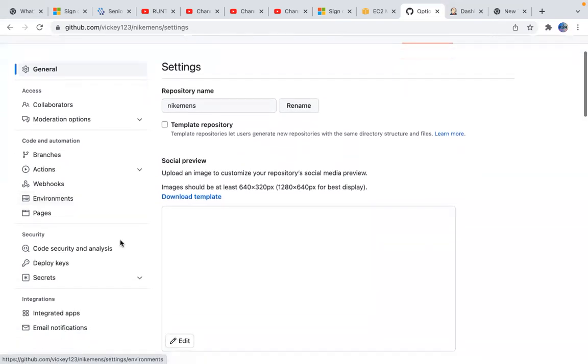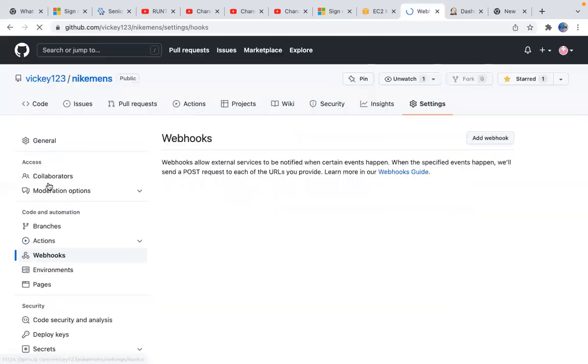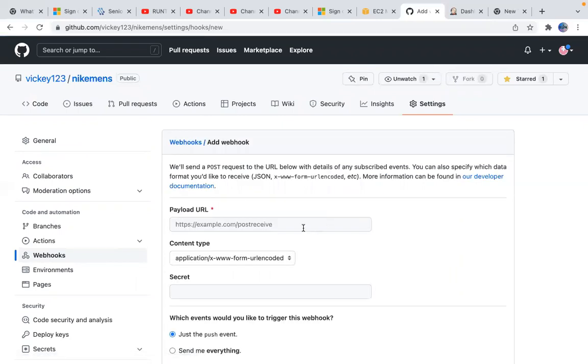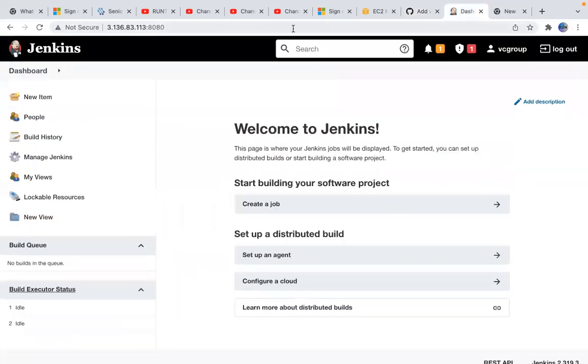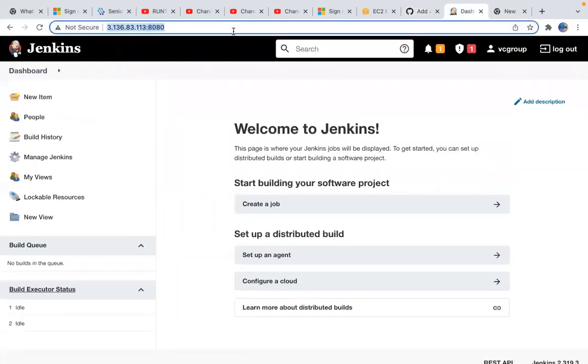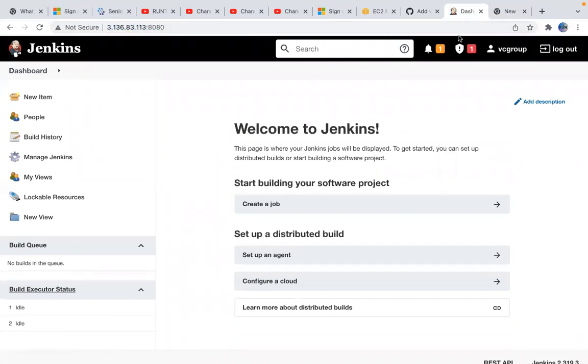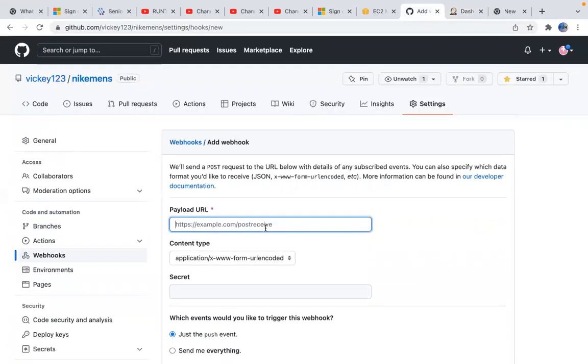And on the left side, what you will see? You will see webhooks. You will be adding a webhook. Okay. The payload URL is nothing but the Jenkins URL. This one is the payload URL. Okay. This is the payload URL. And you need to add